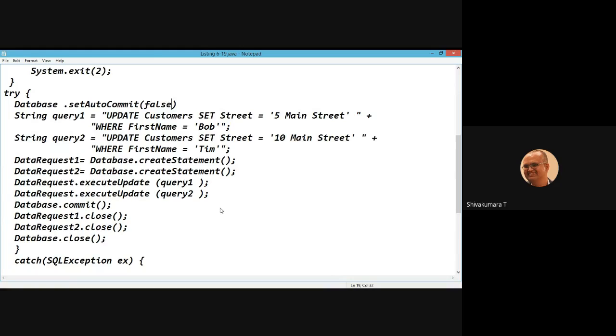After transaction completion, you invoke the commit method on the connection object. Finally, close the statements and close the connection object.